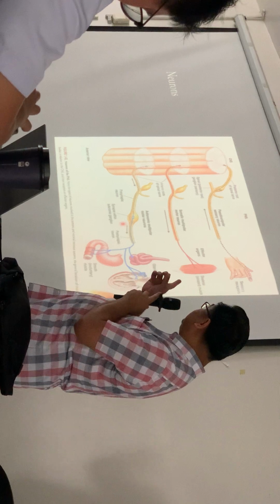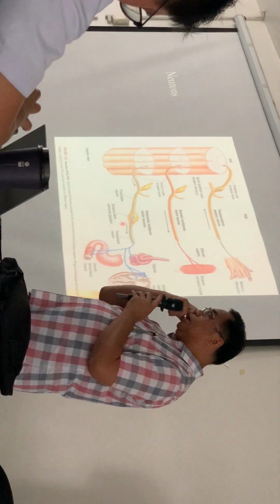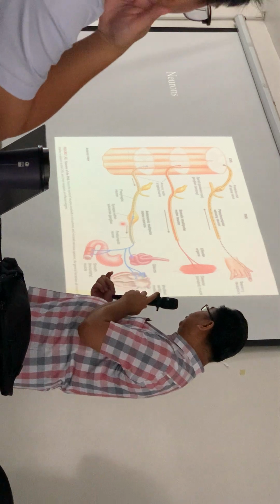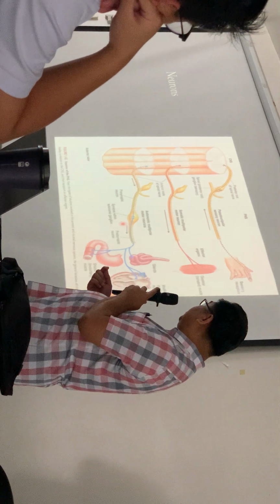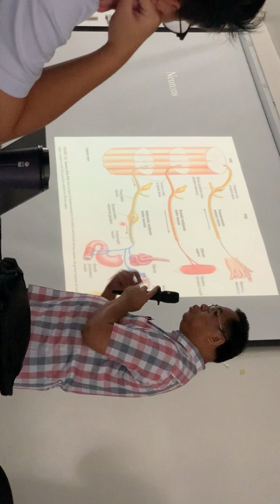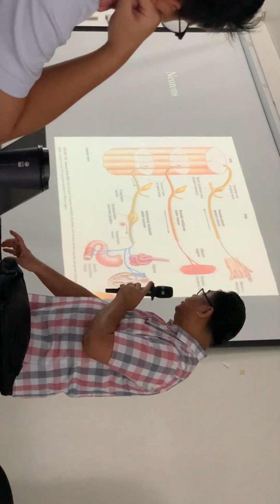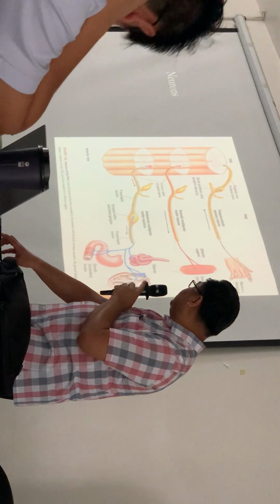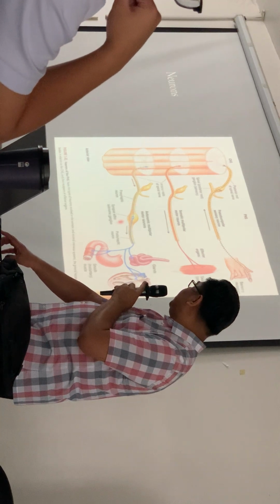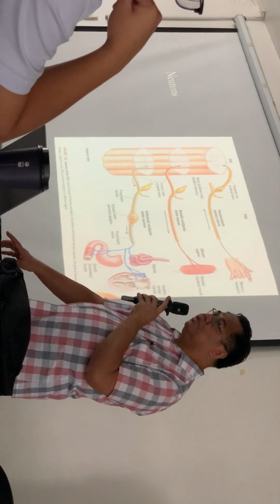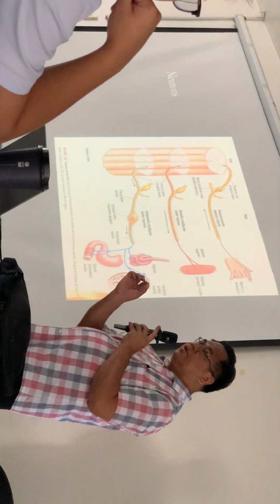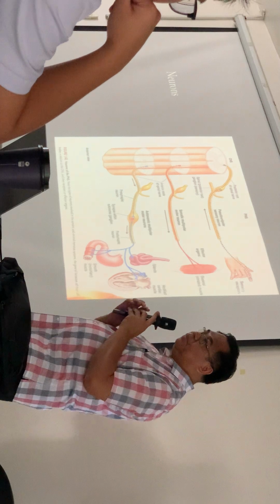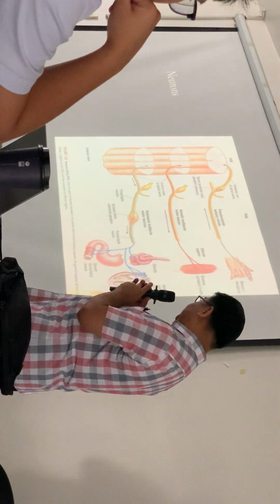So in contrast to the motor and sensory, which are just single neurons, the pathway for the autonomic nervous system is there are two neurons. So there's a presynaptic neuron on this neuron. That's presynaptic, and then this is the postsynaptic neuron. The synapse or the junction between the two neurons is in a peripheral autonomic ganglion.